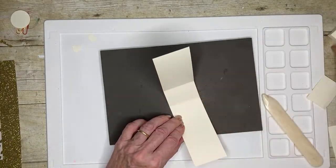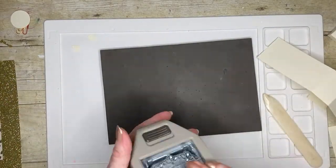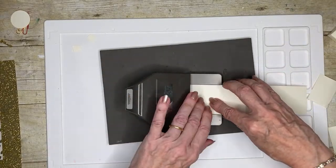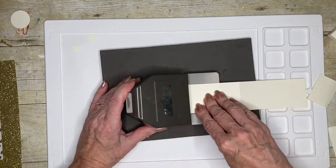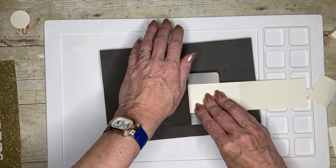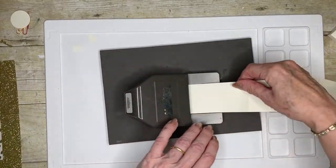So I don't know, I've lived here in the States for 23 years and I've never come across chocolate hanging on the tree. But back in the UK, my home country, we used to put little chocolate pits on the tree every year. So we're just going to pop that in and just